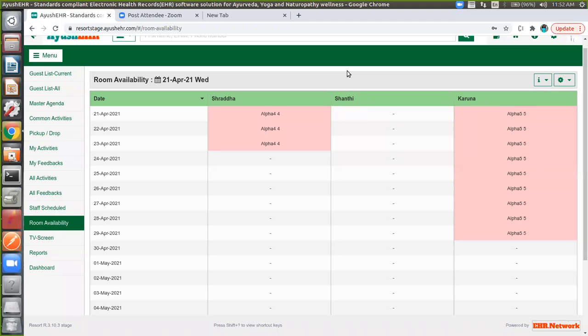Am I correct? You are correct, but it is not massage rooms. It is a room which we allocate, like dormitory rooms. Oh, okay, sorry, then it is a guest room, not a therapy room. Yes, it's a guest room, not a treatment room.